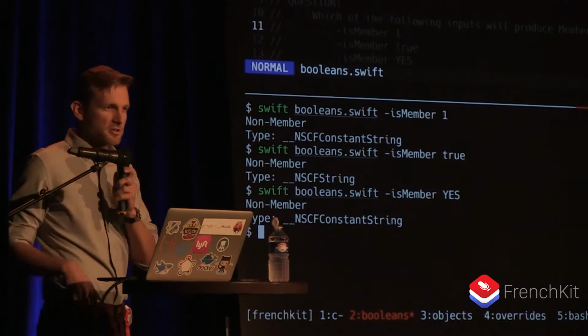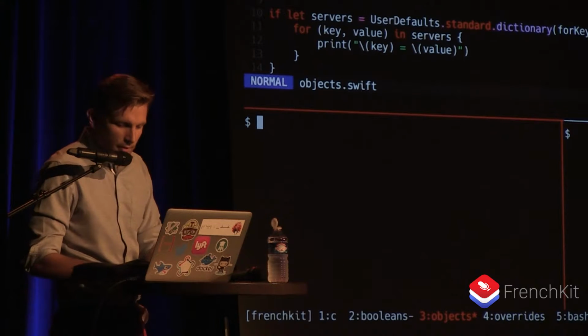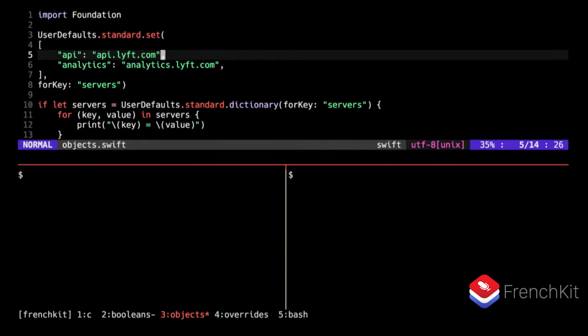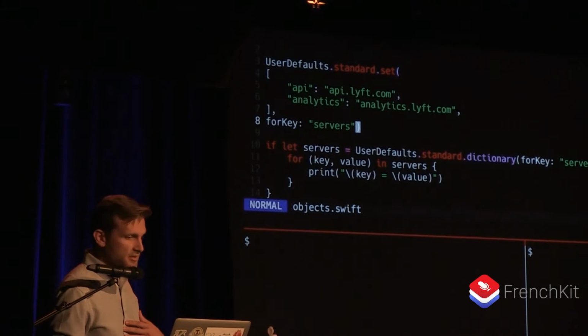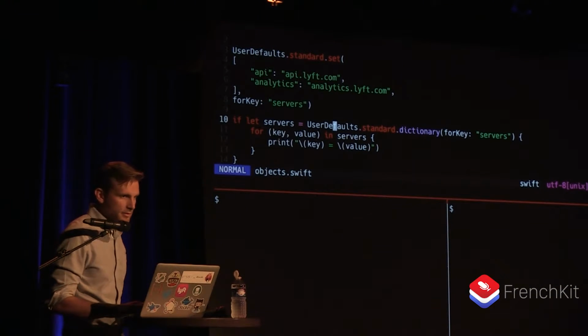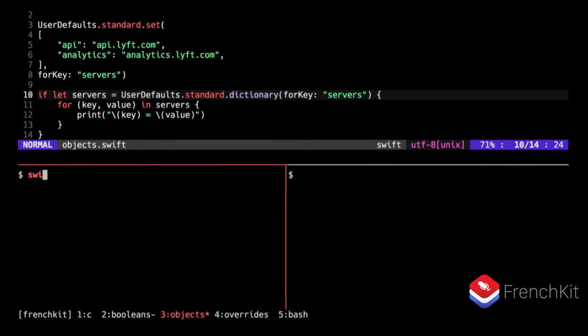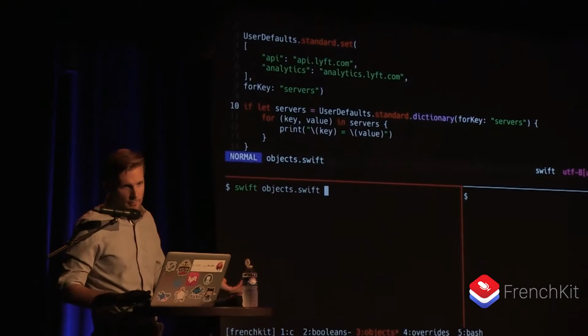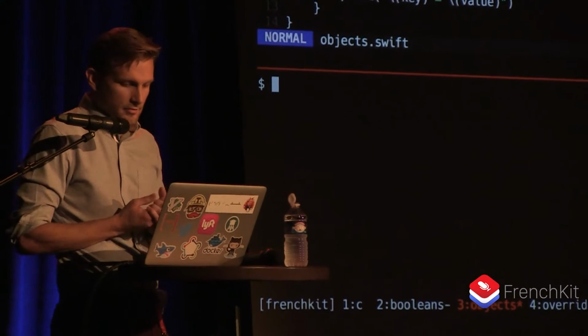So not to spoil the solution, I'll actually show you how to pass a dictionary. Here we have a similar program. On the top, it just shows that there is a dictionary in NSUserDefaults under the key servers. And then we read again. If we have servers, we'll just iterate through each of them and print out the server. So the goal is, you see our code is pointing to api-lib.com and analytics-lib.com. We want to point to staging. We want to do api.staging-lib.com, analytics. So if I just run this file, it will print out api-lib.com and analytics-lib.com. But if we pass the right argument,